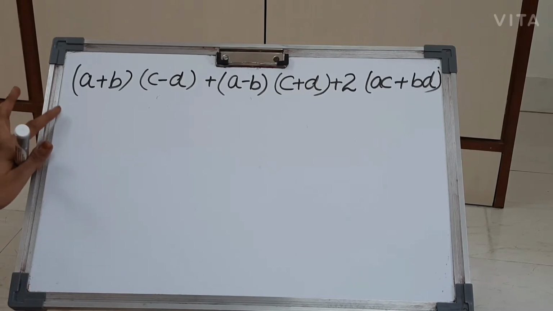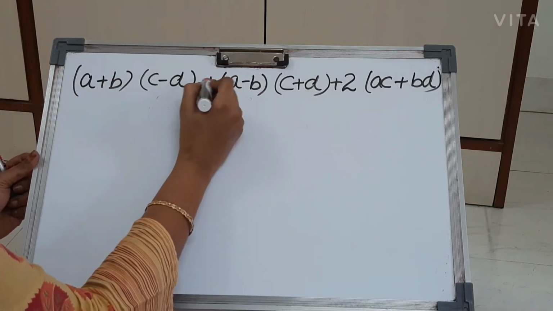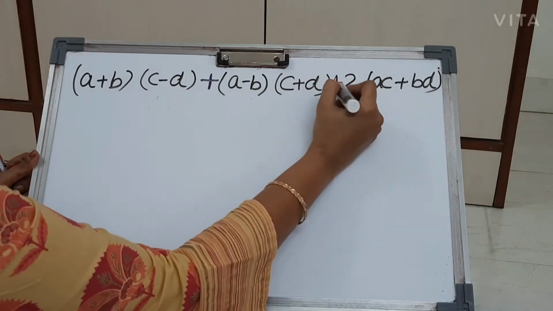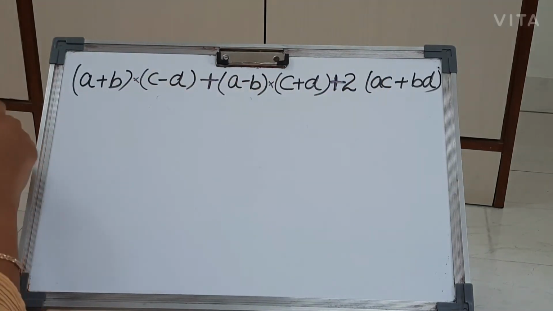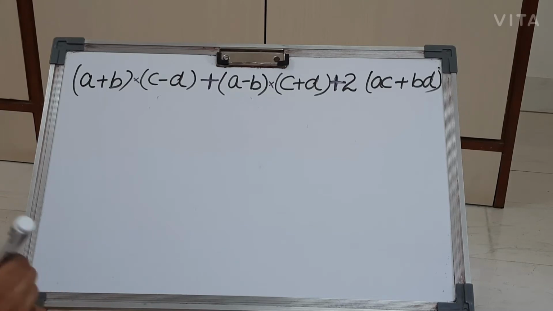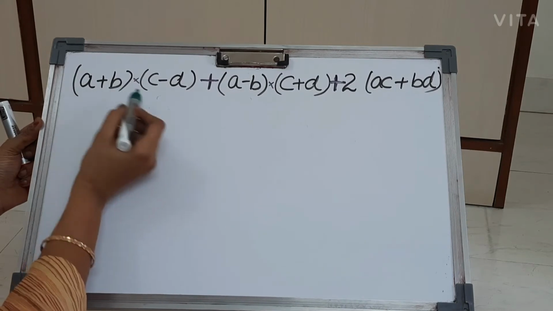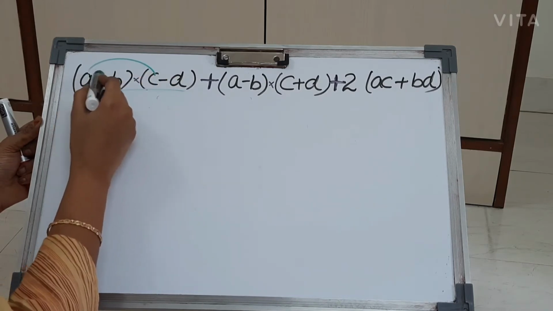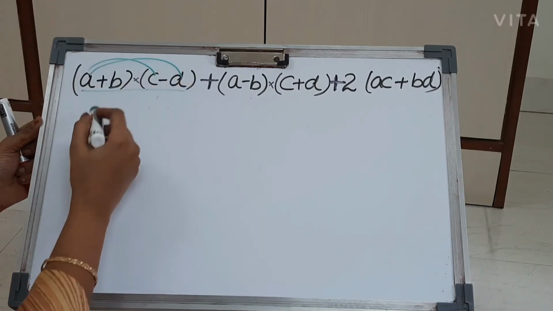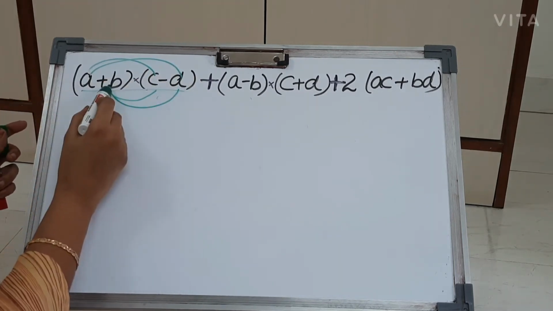Now if this type of question is there, you can see this question is separated by 2 times the plus symbol here. Okay, and the rest is multiplication between the polynomials. Okay, so let's start. Now let's start with this. First we will take into account this portion. We will multiply first AC and then AD, then BC, BD.